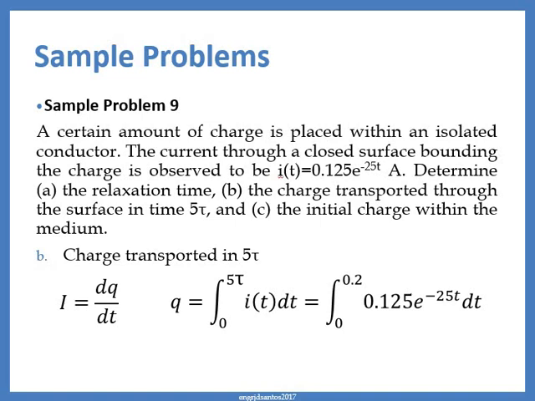That is the integral of the instantaneous current with respect to time from 0 to 5 tau. By substituting the equation for the current and evaluating the limits from 0 to 5 tau, where 5 tau is equivalent to 0.2 seconds, we get the charge transported in time 5 tau, which is 4.97